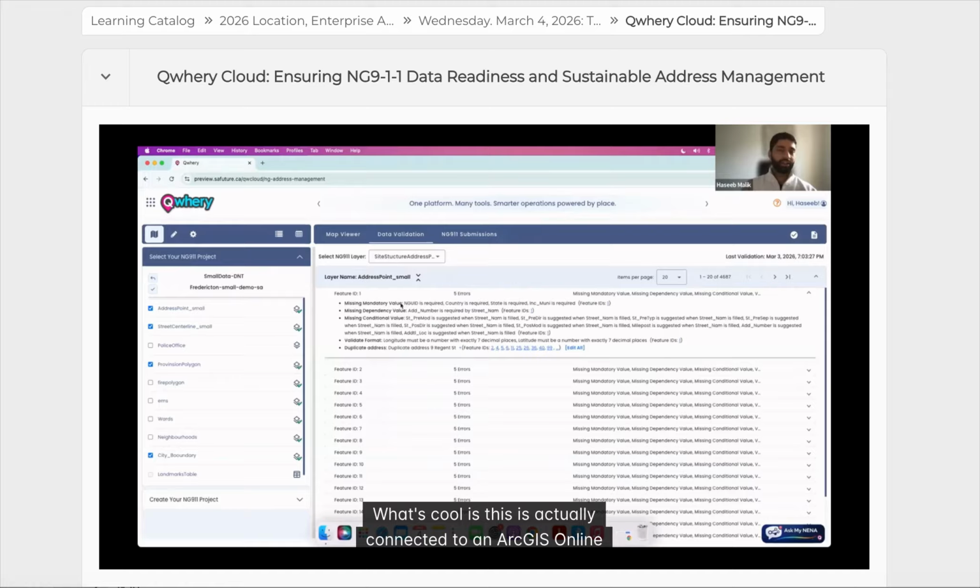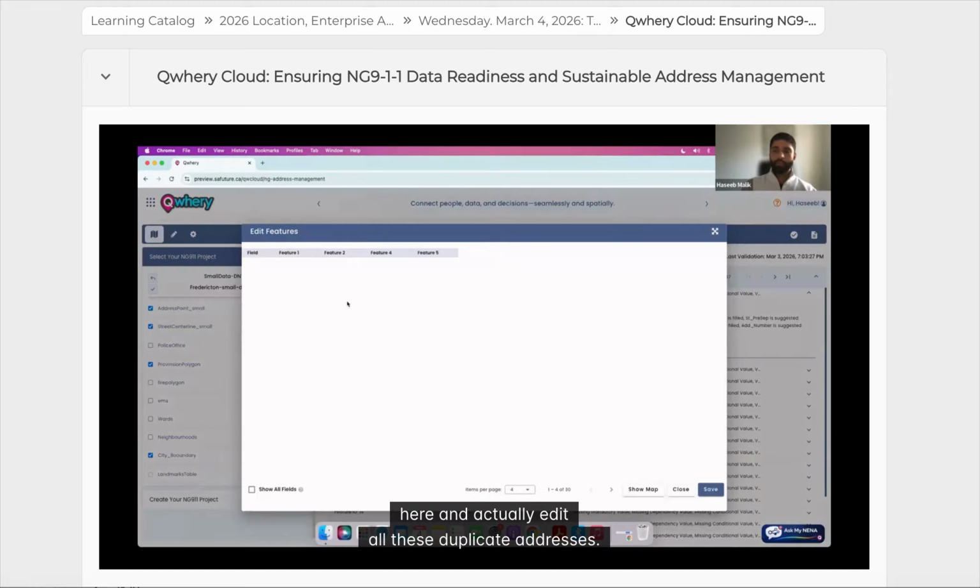What's cool is this is actually connected to an ArcGIS Online organization. So I mentioned earlier, a lot of times when municipalities are trying to handle some of their NG911 data and address points, they don't want to be taking on some type of new software or new infrastructure. We all know how IT teams can be. So this is really cool, where it's directly connected to your ArcGIS Online. So you just load in a feature layer, and then we can go in here and actually edit all these